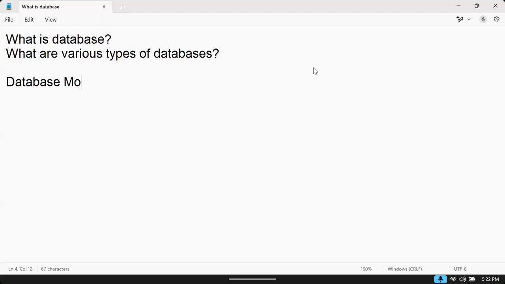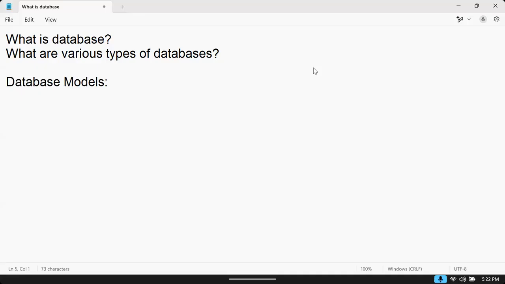Database models. We need to understand about database models. So what are database models and what is their purpose?